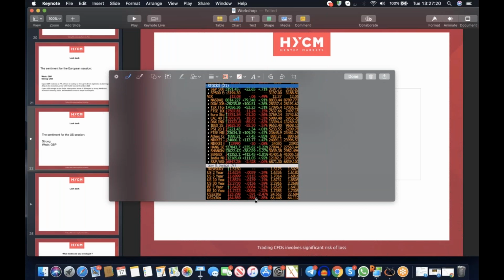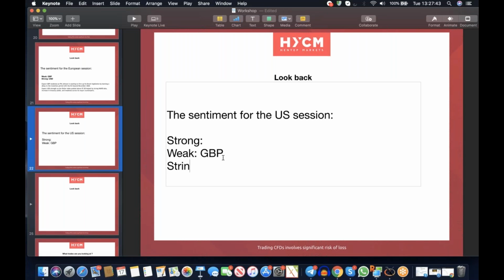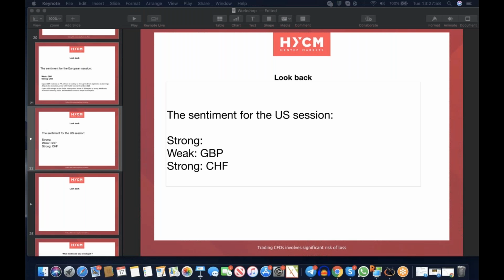We also have negative US Treasury yields, and we have some negative yields on European, German, French, Portuguese, Spanish bonds, and UK 10-year gilts as well. So putting that all together, there's a bit of risk-off sentiment in the market. So I'm expecting the pound to be weak, and then I could expect a strong Swiss franc. Japanese yen and Swiss franc are good risk-off currencies to look at, and looking at those is helpful. So now let's look at the chart.